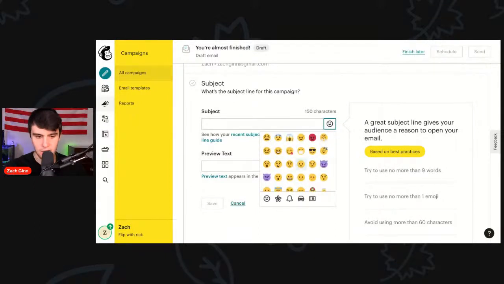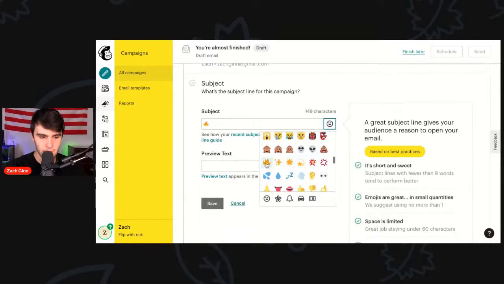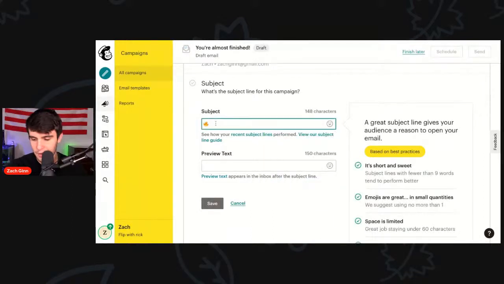So the first emoji I'm going to put here is, I'm just going to do a fire emoji. I like the fire one. And then this one would be like insane. Oh, what did I put? Insane discount. Special. No, then maybe I'll just do that one.